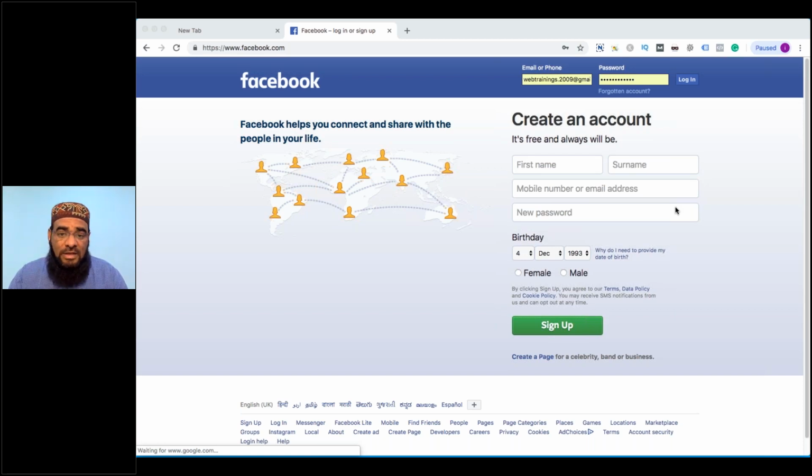how to create an account. Already you may have an account. We're going to see some important properties related to the account, as well as study how to build the page, what aspects and features we have to focus on when we are building our page. And after that, we'll also discuss how we plan a content strategy for Facebook or other social networks. So let's begin today's topic of social media marketing with Facebook, that is Facebook marketing strategy, class number